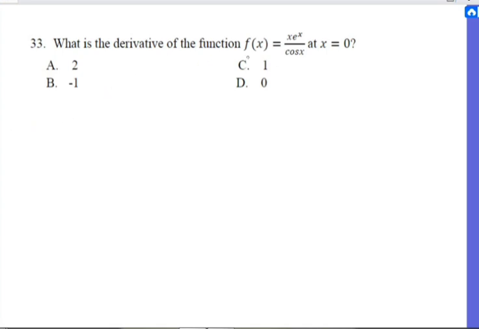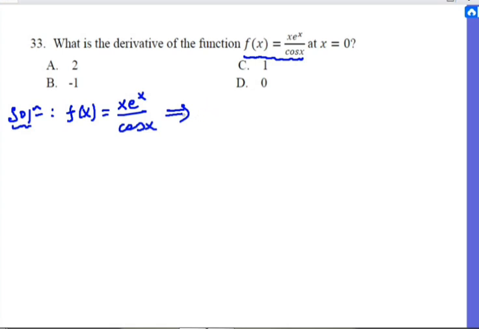What is the derivative of the function f of x equals x e to the power of x over cos x? Here we are asking the derivative of a certain function at x equals 0. Therefore, we need to know how to find the derivative of an a over b form. Okay, so if our function is x e to the power of x over cos x,